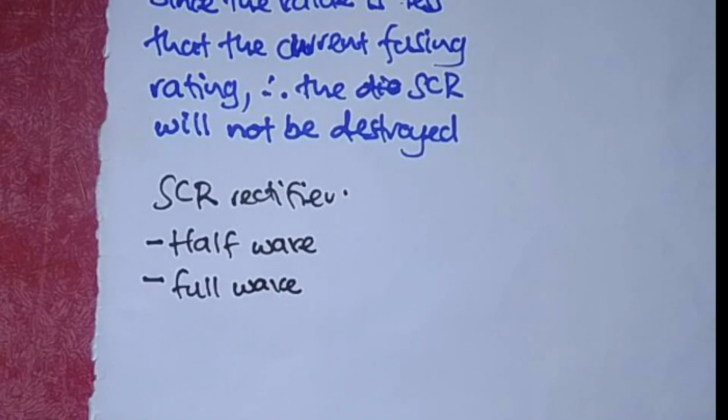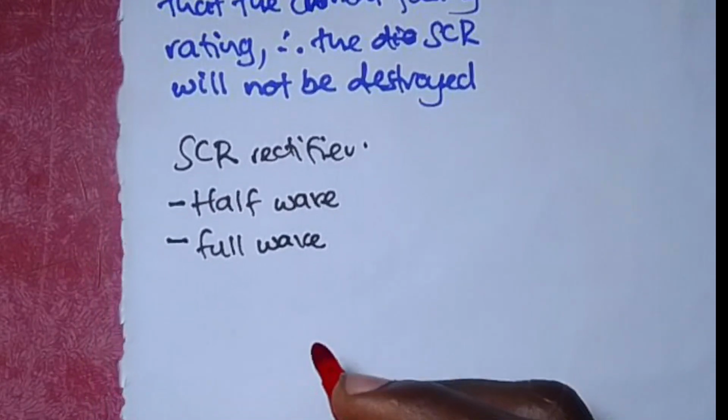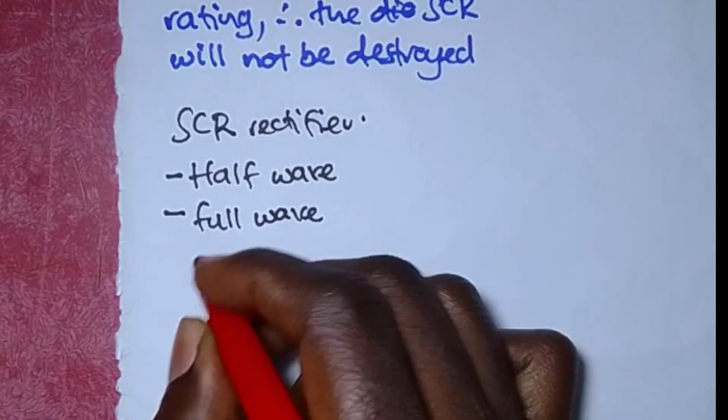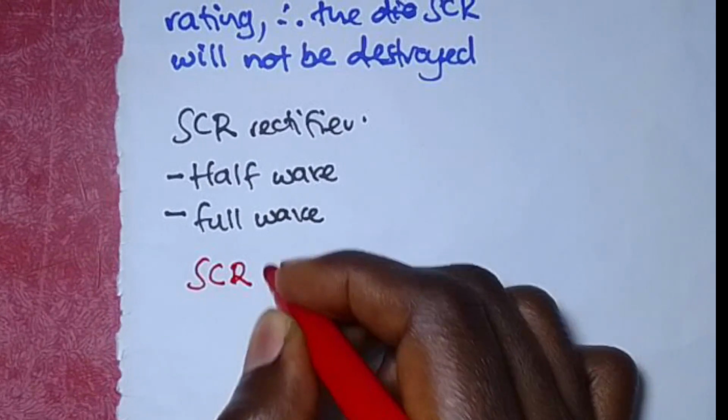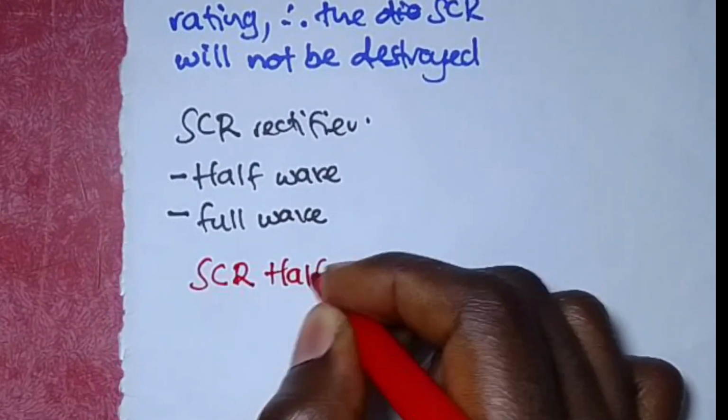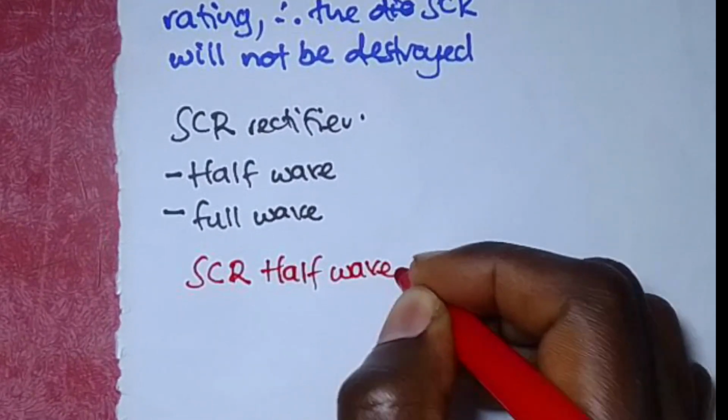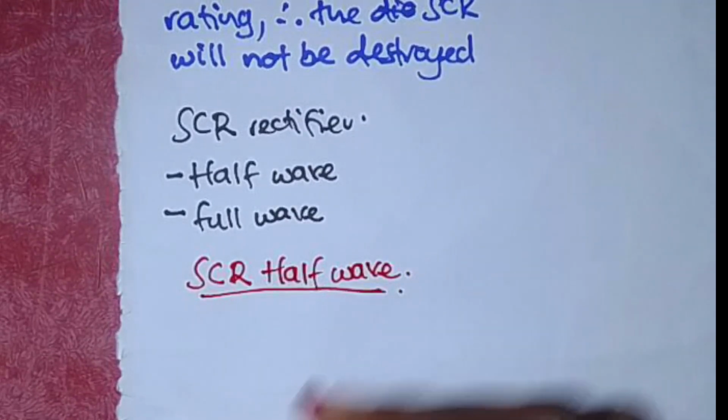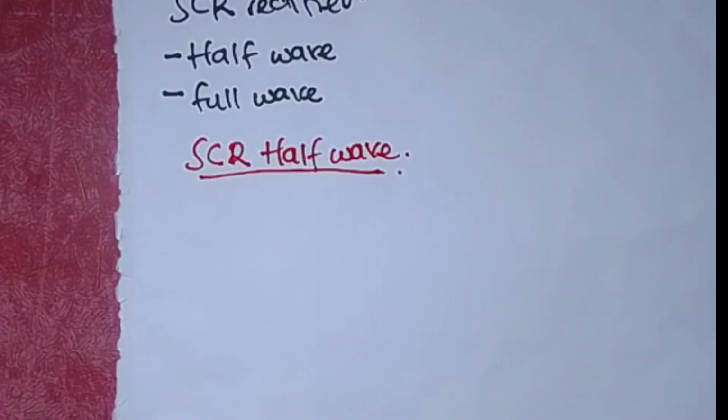An SCR half wave rectifier is just something similar to what we have been looking at. This SCR, which is being used as a half wave rectifier, will automatically have an